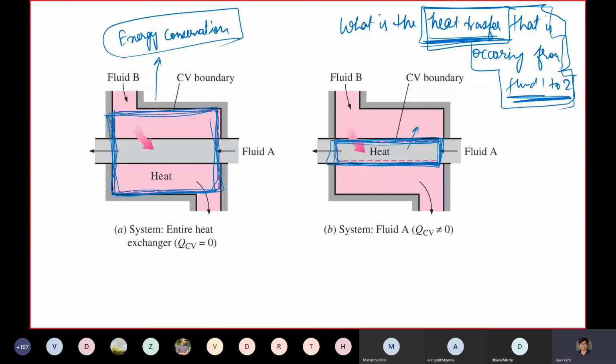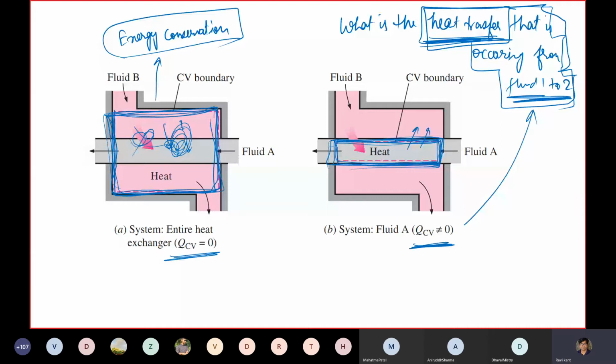But here, since the heat coming in is coming from 1 to 2, whatever is coming will be taken back. So things are zero here. I mean, as an overall control volume, we will not see this interaction, right? We will not see the interaction, but the heat interaction will be evident when I choose my control volume in this manner. So here the entire heat exchange will be 0, and here the heat exchange will be a finite thing, and you can estimate your heat transfer from this case.